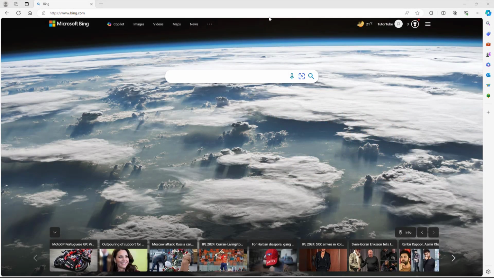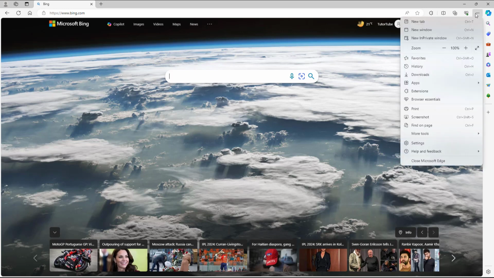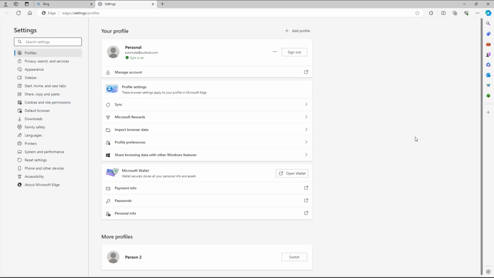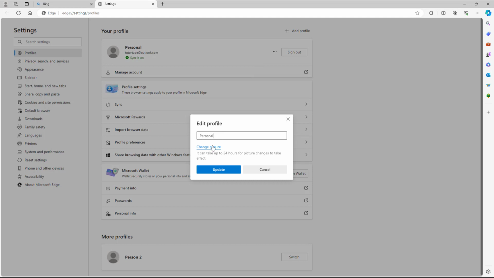So once you actually go around and sign in into Microsoft Edge, then you can work around with its sync settings. To access the sync settings, you can click on the three dot button right here and then go to settings right here. Once you go onto settings, you can see that there is this option right here called sync is on. If I were to click on edit, then you can see that I